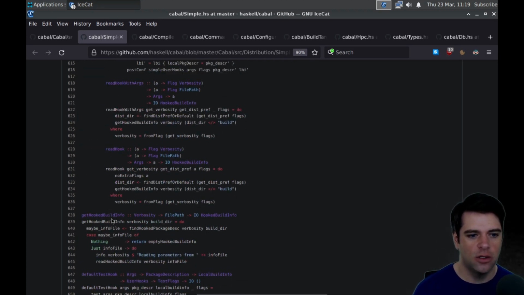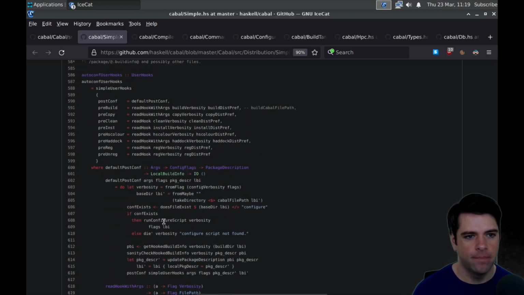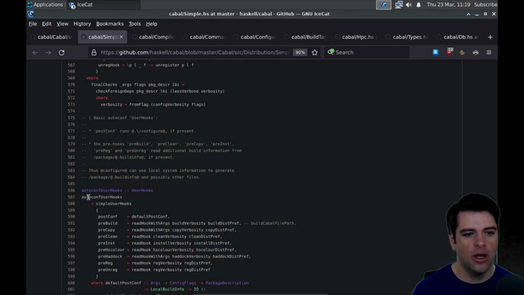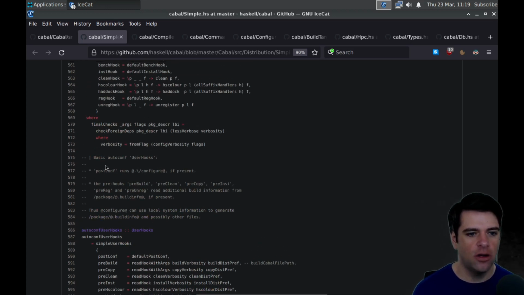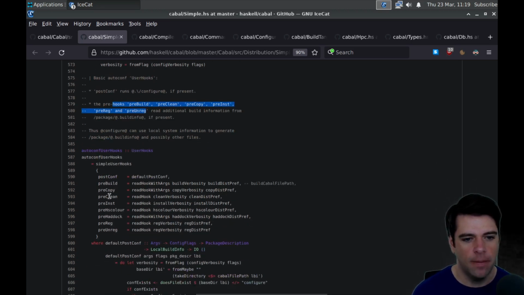So test hooks get hooked build info. All right. Add autoconf user hooks. Basic autoconf user hooks. Postconf runs configure if present. Pre-hooks, pre-build, pre-clean, pre-copy, pre-install, blah, blah, blah. Read additional build information. Okay.